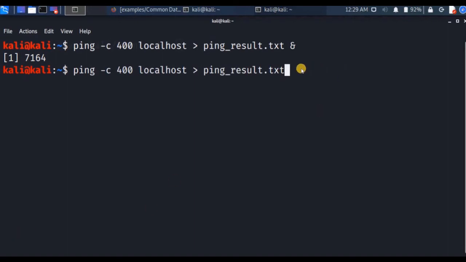Okay, so if we remove the ampersand, the command will run in the foreground. So we are forced to either cancel the command with Control C or wait until the command finishes to regain control of the terminal. The other option is to suspend the job using Control Z